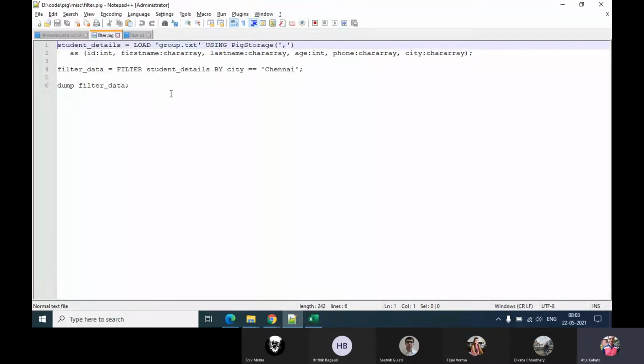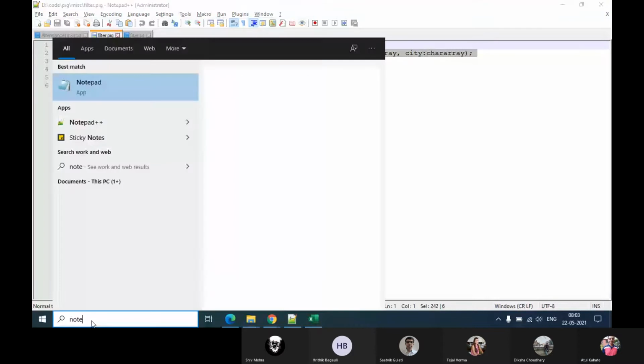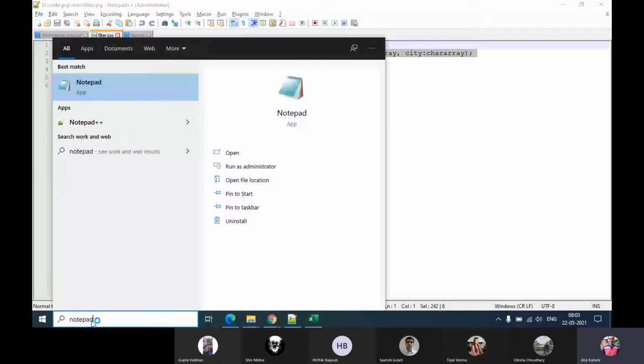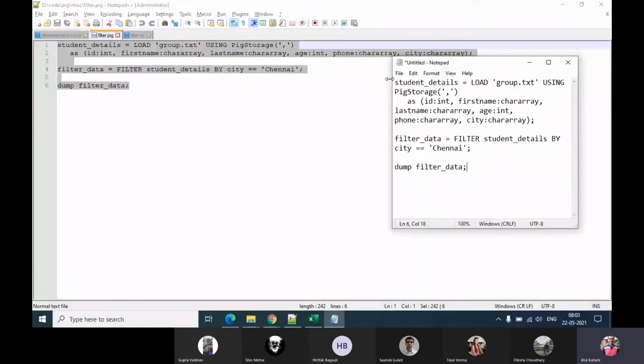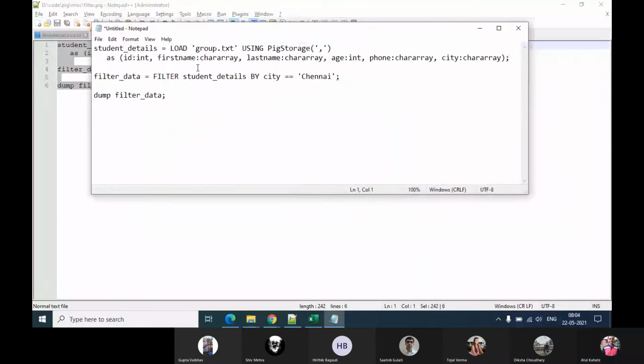Share the screen, which I hope you can see, with the code in Notepad. What we are doing in this example is we are going to load the file called group.txt into a relation called student details.